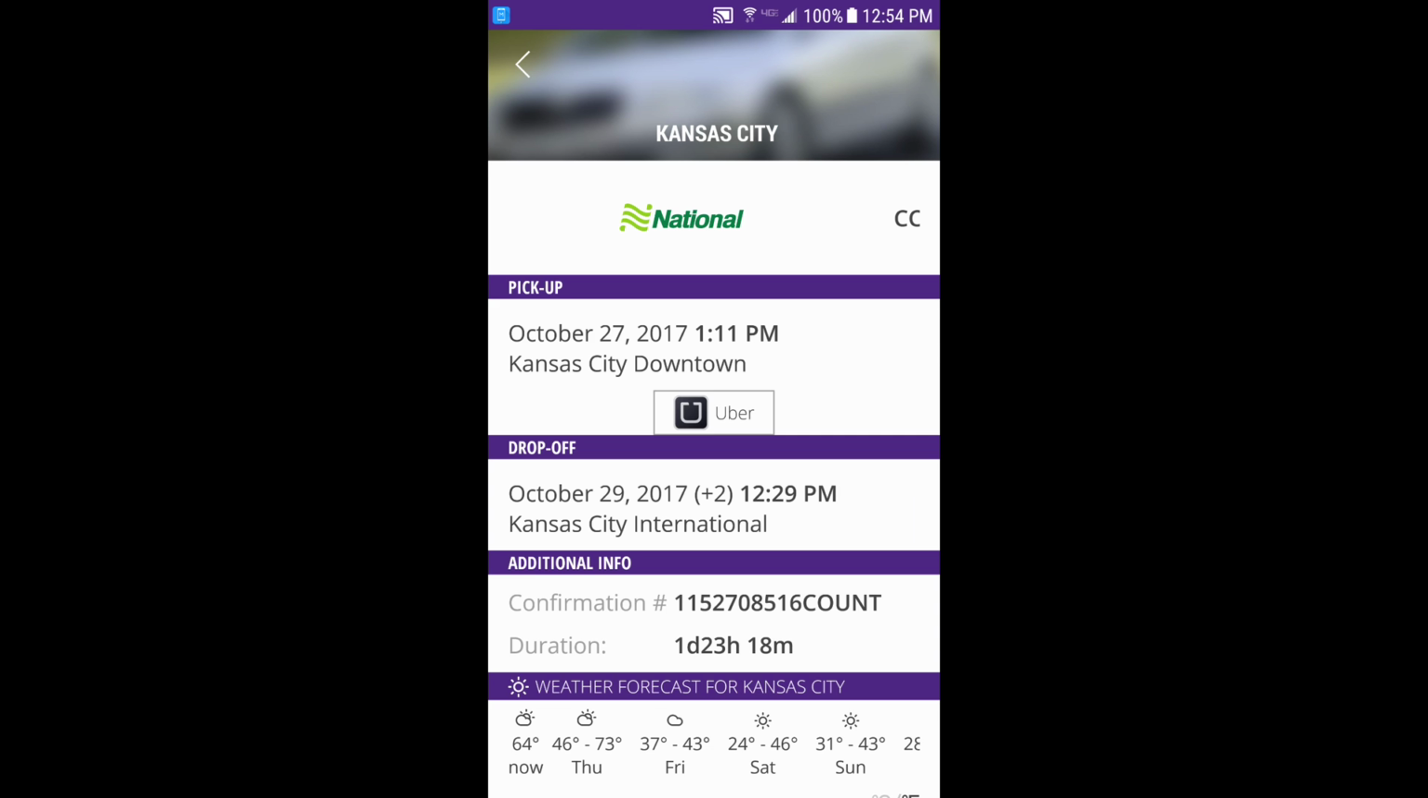The CC up here on Android devices represents that it's a compact car. iOS will sometimes include it, sometimes not, depending on the vendor. Okay. I'm going to go ahead and click my back button,